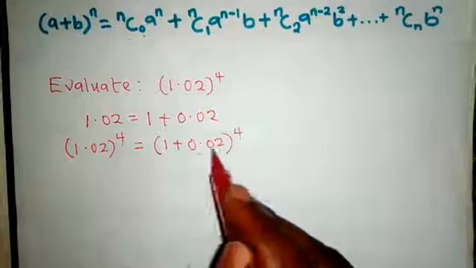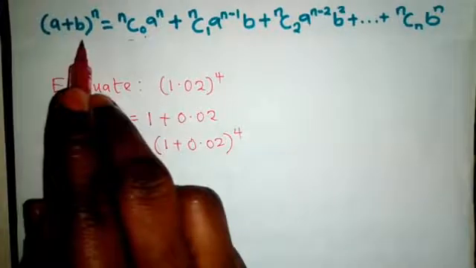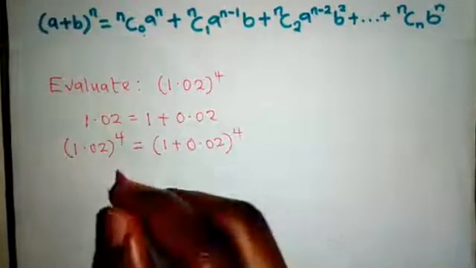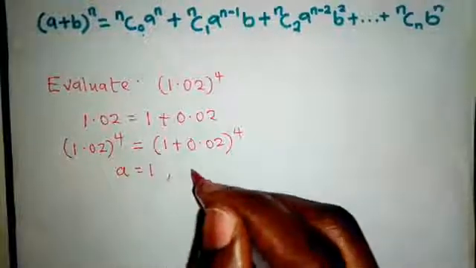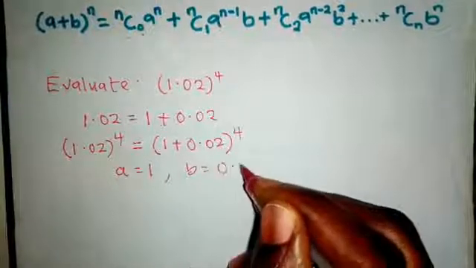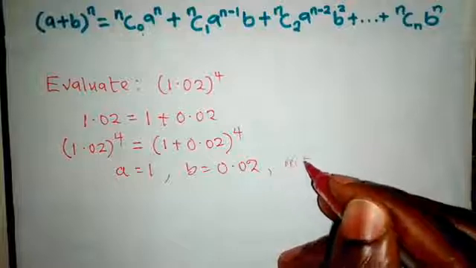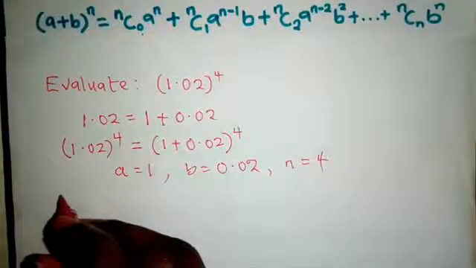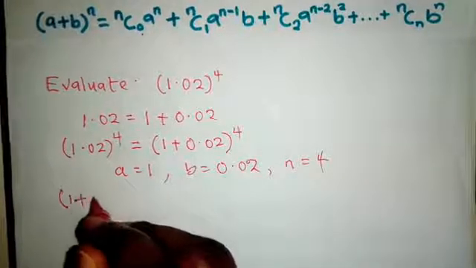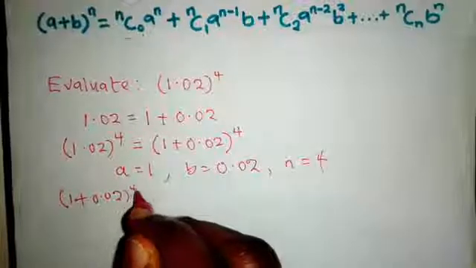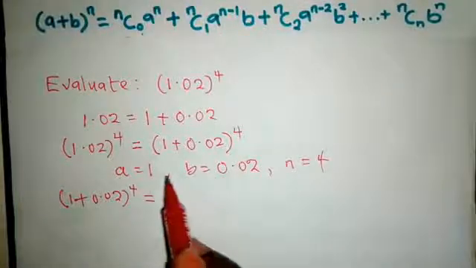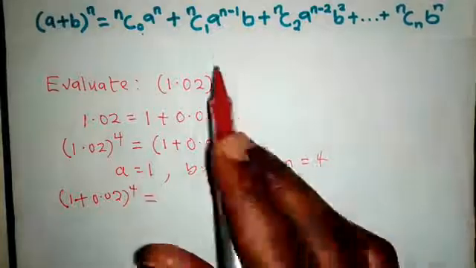If we compare this with the binomial formula, we observe that A equals 1, B equals 0.02, and N equals 4. So we now have 1 plus 0.02 to the power of 4 equals, and we now substitute these values into